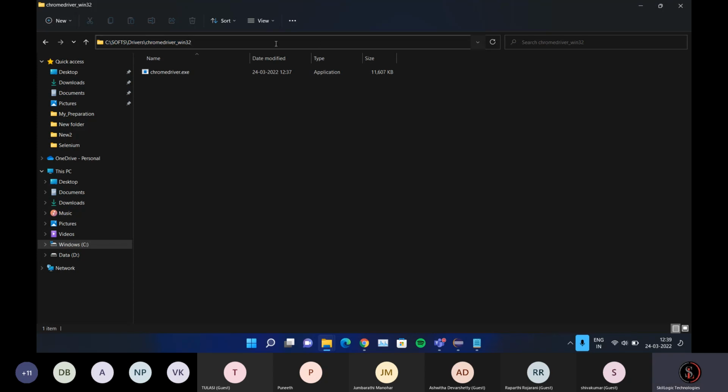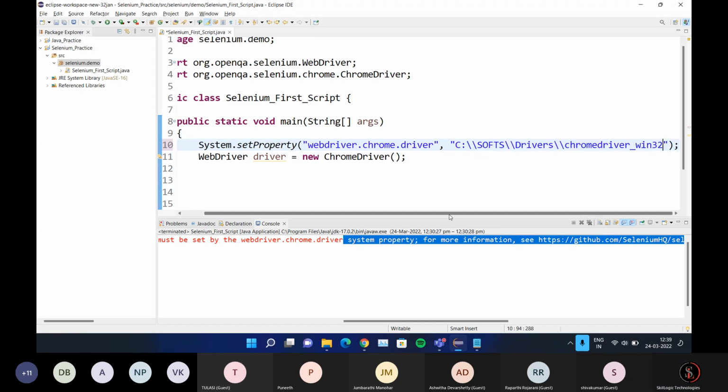Let me copy the path and put it in these double quotes. Okay. So normally you'll get these double slashes. That is fine. Don't give a single slash. Give the double slash. Normally when we copy it, obviously you'll get double slash. One is the escape character. Okay. So that's fine. So this is how you have to give the path of the Chrome driver along with